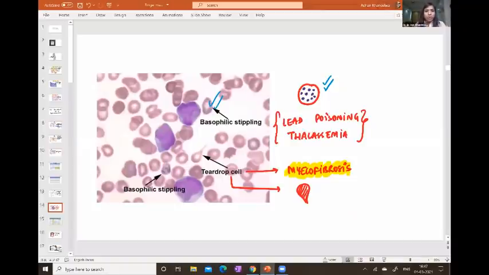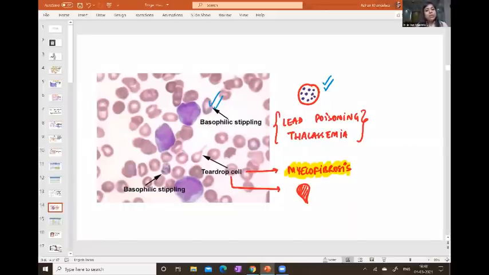So in pathology, we use 2 terms very frequently. One is basophilic and one is eosinophilic. That's a very basic thing, that's why I'm telling you here. Basophilic means blue. So B for basophilic, B for blue. What we see bluish in color is basophilic, and eosinophilic is pinkish in color. Now you understand why this stippling is called basophilic stippling? Because we have bluish granules in the cell.